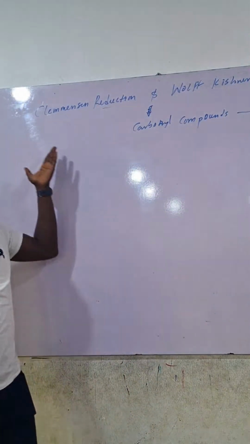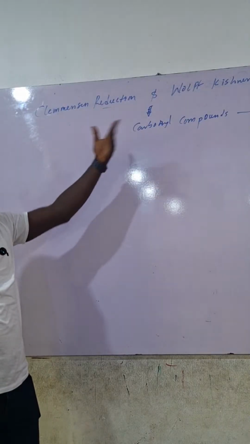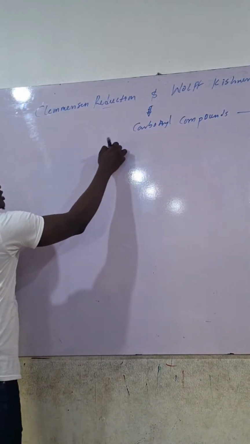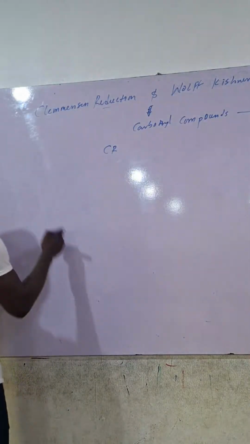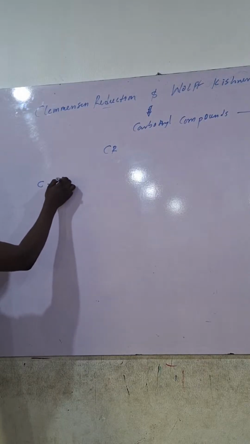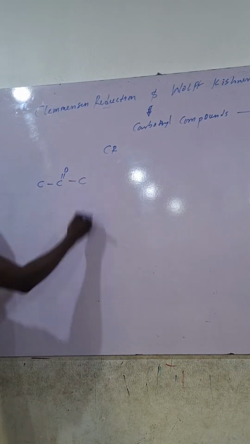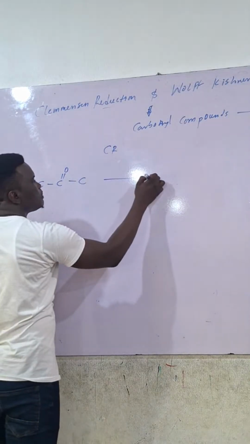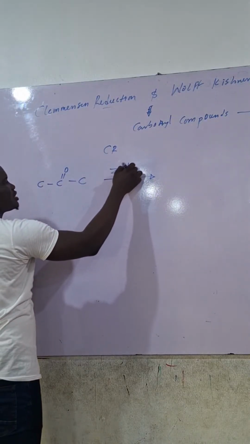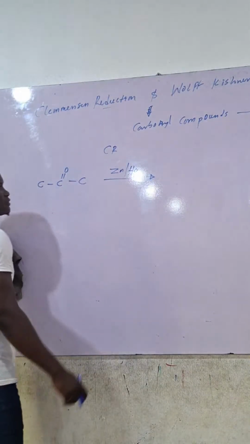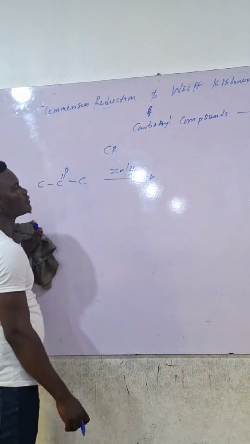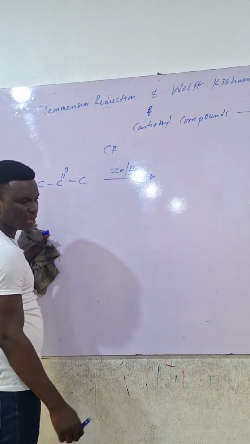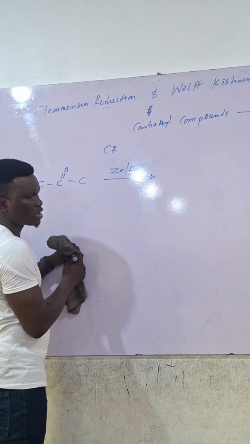You convert a ketone or an aldehyde to alkane, then you have Clemmensen or Wolff-Kishner. If it is Clemmensen reduction, let's take any ketone, for example CH3COCH3. This is propanone. Now, in the presence of zinc and mercury, zinc amalgam. Because they can ask you Clemmensen's reagent. So, what other catalyst do you use? Zinc amalgam in